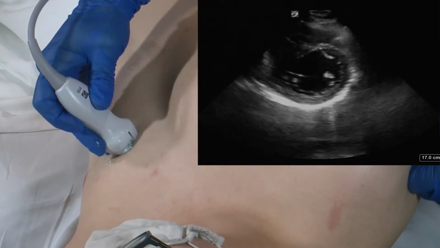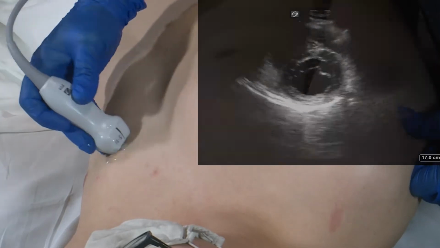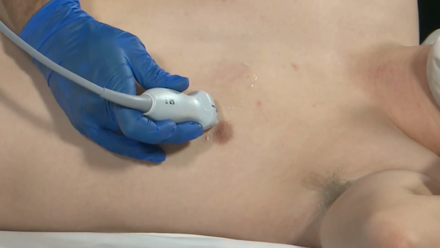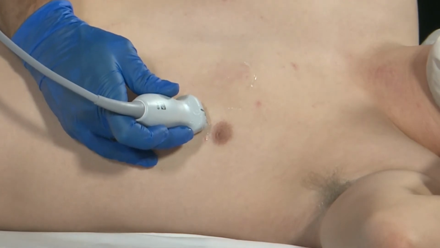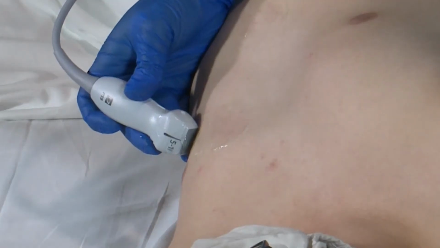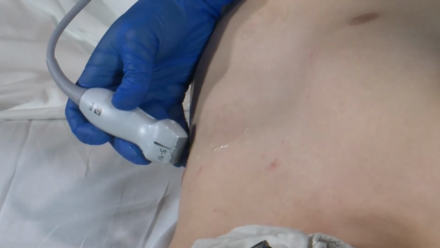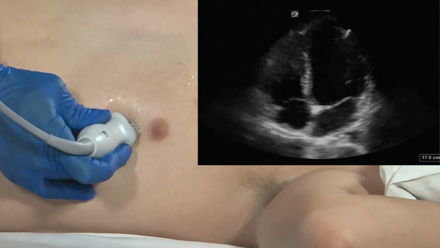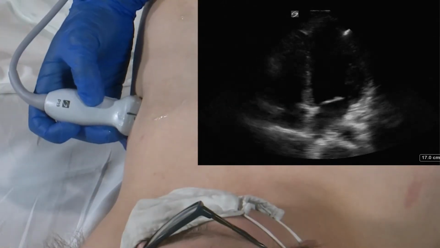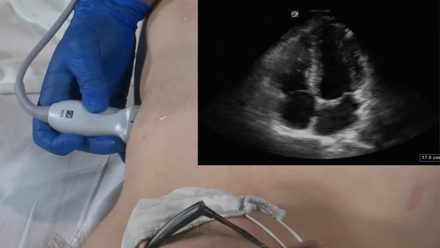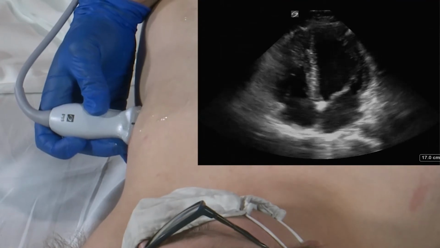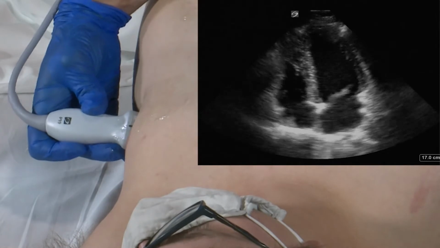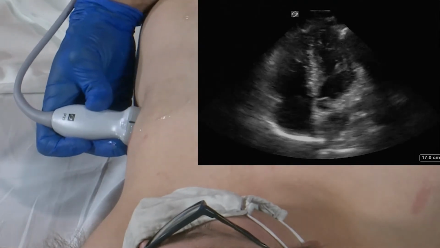Next, we're going to move to our apical 4-chamber view. This will be obtained by placing the transducer immediately inferior and medial to the nipple with the marker dot angled and positioned towards the patient's right flank. The probe is going to be angled up towards the patient's contralateral shoulder blade. We're going to want to ensure that the septum is standing straight up and down. To do that, we may need to tilt the tail of the probe back and forth